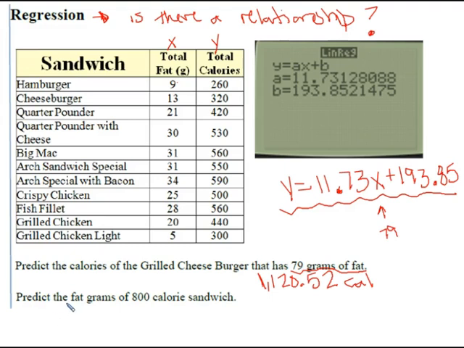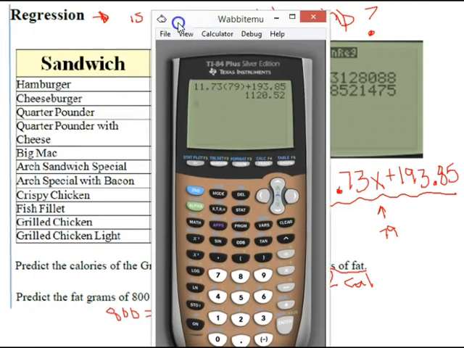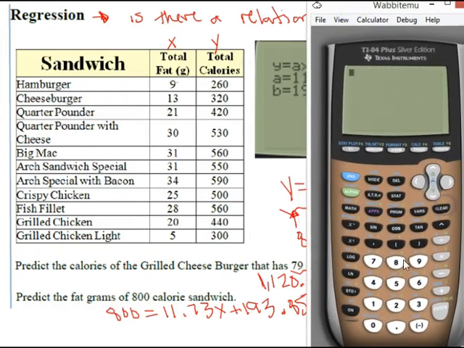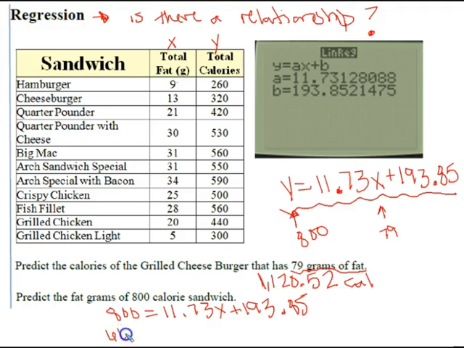Now, on the other hand, let's predict fat grams if we know a calorie. So since 800 is a calorie, notice how that's a y value, we can put 800 in there. So we have 800 equals 11.73x plus 193.85. So this time we want to solve for x. That's our fat grams. So if we subtract 193.85, move this over here, we're going to take 800, subtract 193.85, so 606.15